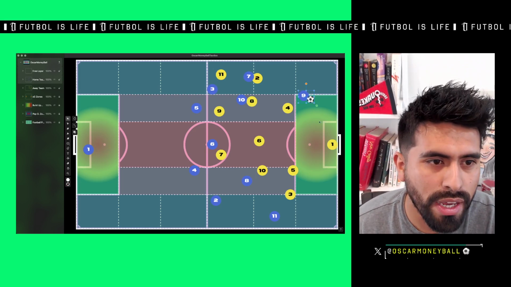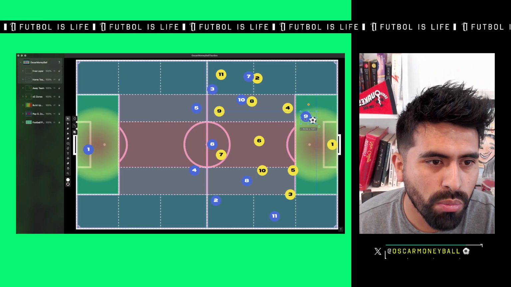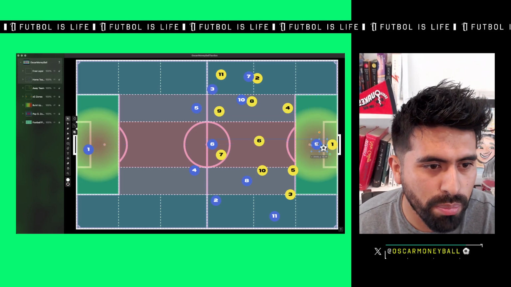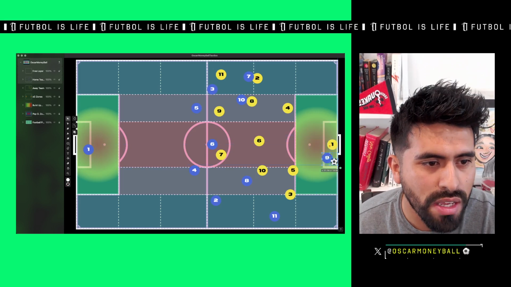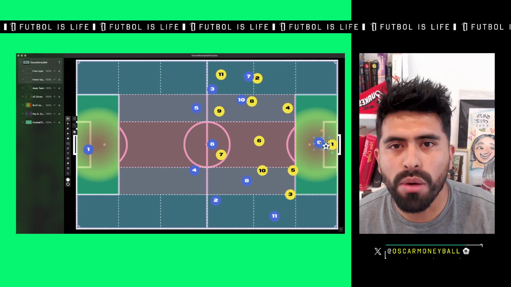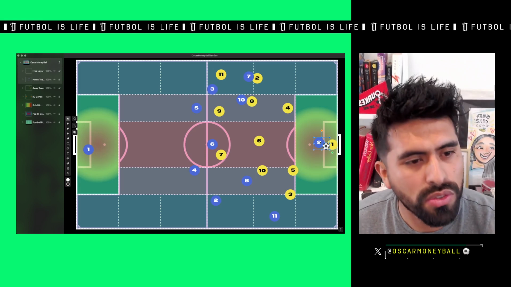It's super tight. The more we are closer to the center circle of the PK spot or in the 6-yard box, we're going to be taking high value shots that are most likely to convert into goals,